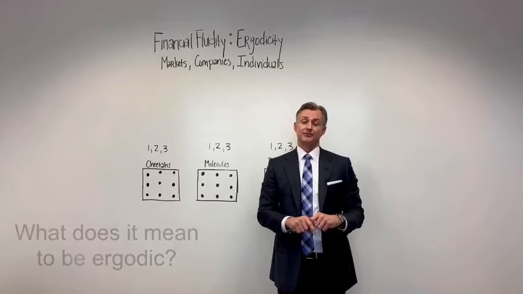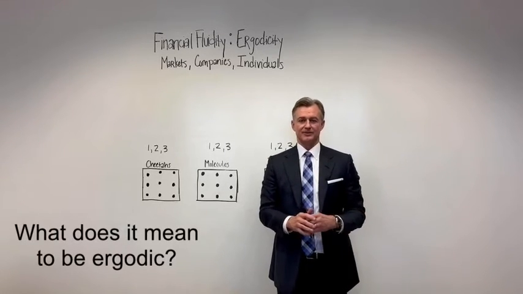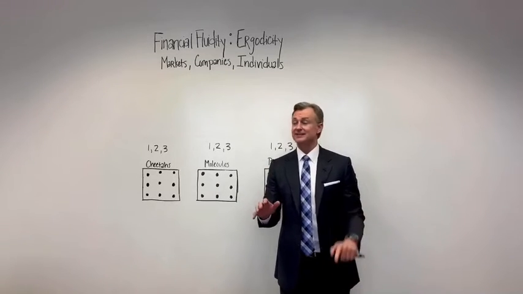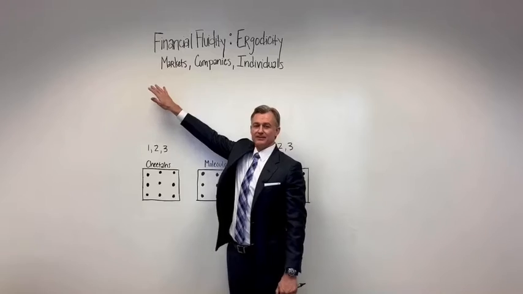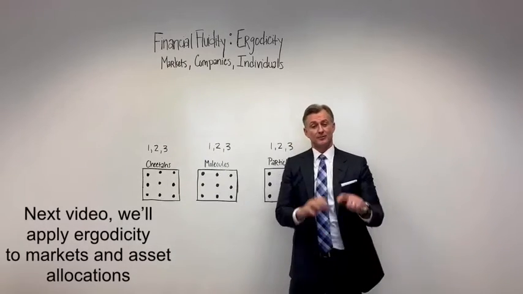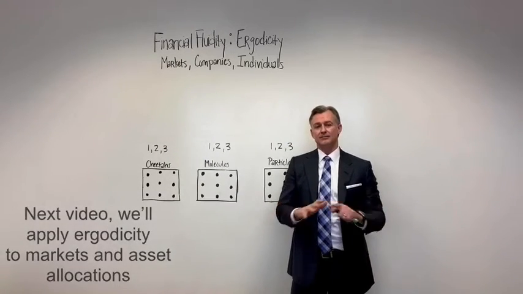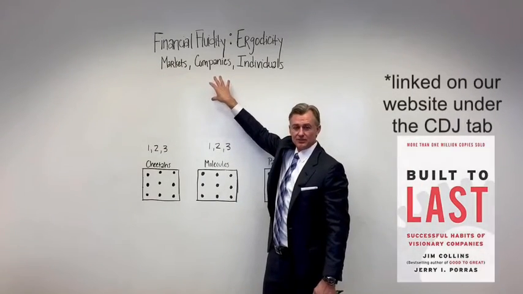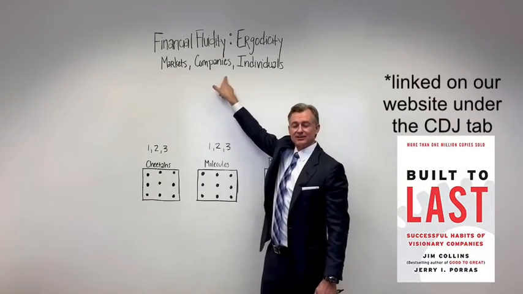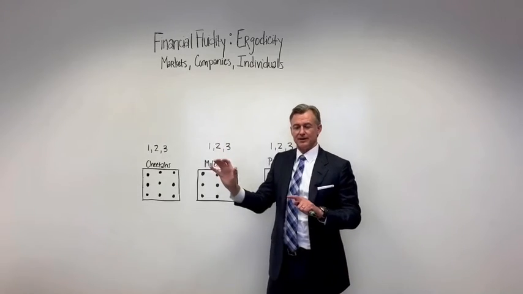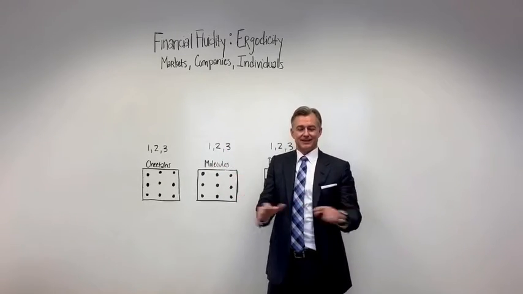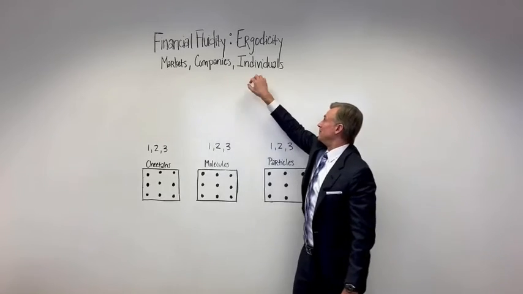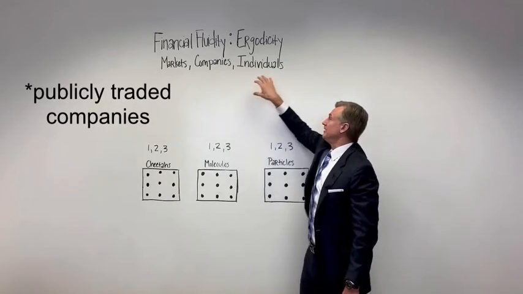And so we have to first define what ergodic is, and we're going to talk about that today. But what we're going to do is talk about ergodic systems today and what it means, and then we're going to actually apply that in the next videos to markets, so in particular asset allocations and markets in general. And then companies. There's a great book by Jim Collins called Built to Last that actually references, it doesn't talk about it by name, but in context, it talks about ergodicity among companies, publicly traded companies in particular, and then